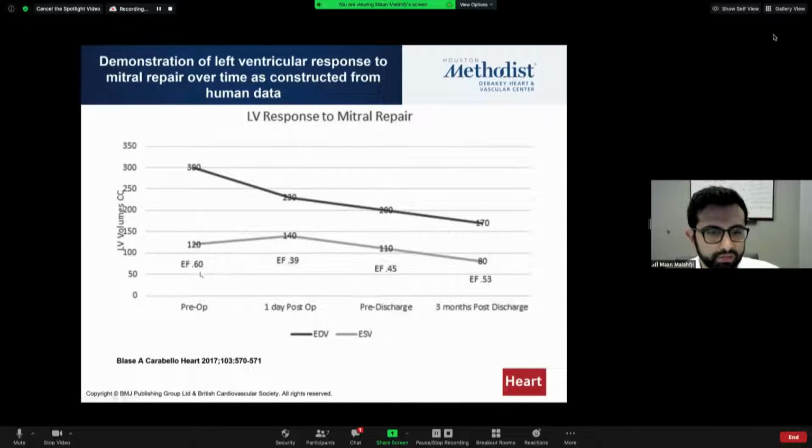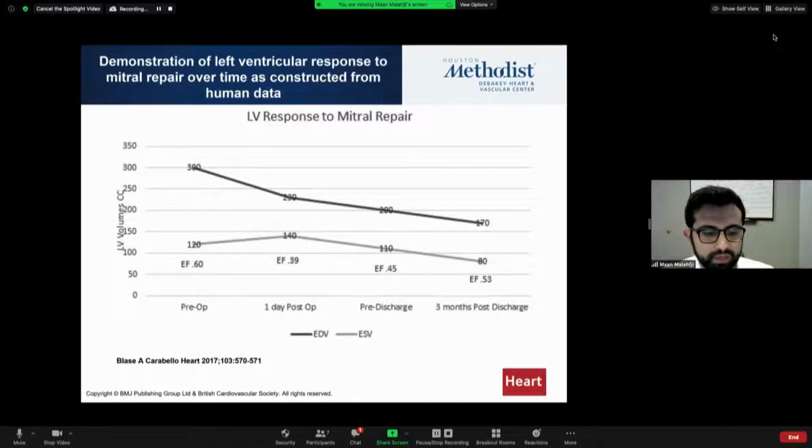Here's a conceptualization of what happens after mitral valve intervention, particularly repair. If the patient gets operated on, hopefully in a timely fashion, within the immediate post-op period, the first, second day post-operatively, the LV end-diastolic volume should theoretically reduce by the amount of the mitral regurgitant volume. However, there is a slight change in the afterload immediately after the operation, where the low impedance pathway that was created by very severe MR, and this is arguable whether the afterload is always